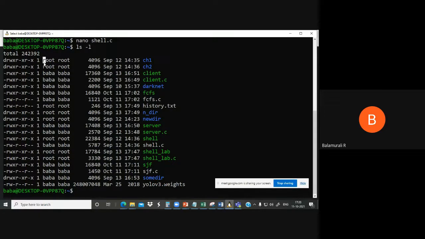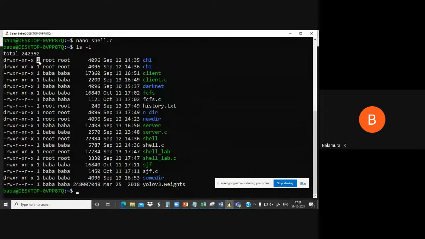Okay. And what is the root user, what is the username? And what's the password? This is not the password, it won't display the password, of course. There are two things. One is the root user and another one is, I guess, your current directory or your home directory. And then the size of the file, what is the size of this file? And then this is the date at which it was created.